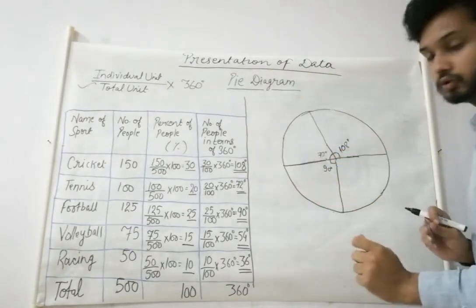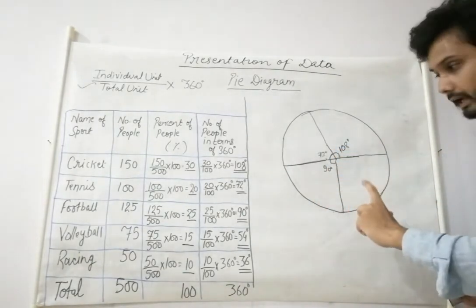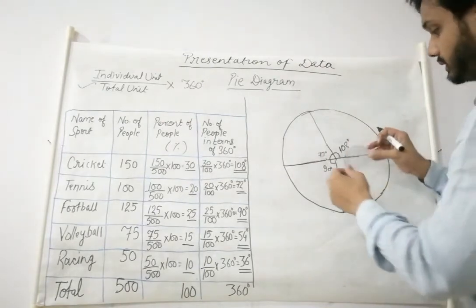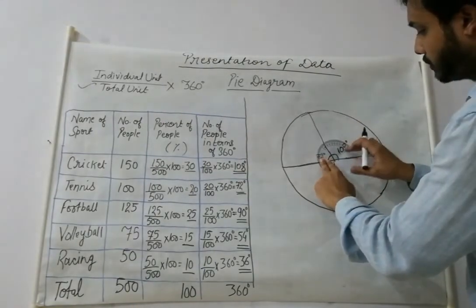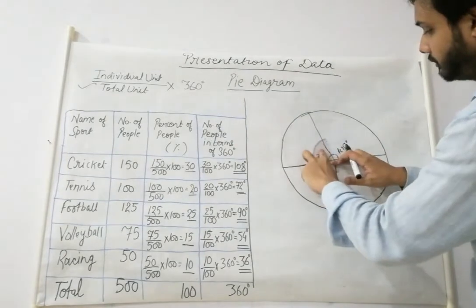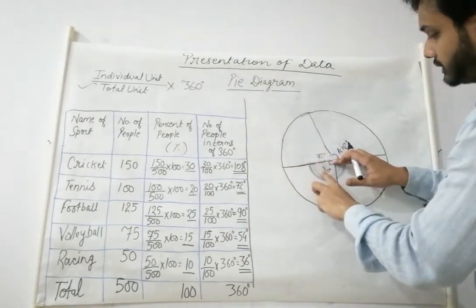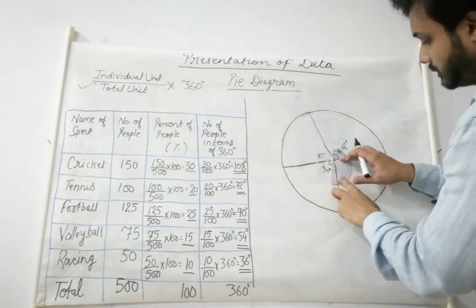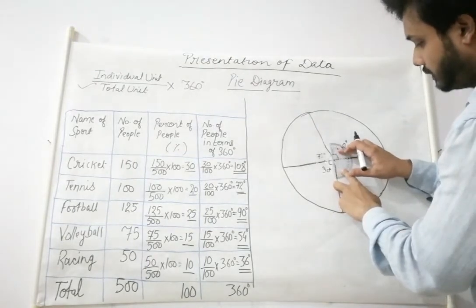Now which line will we use? This one, the newly made line. Okay, don't use the older ones. So just keep rotating your protractor in the same direction. We use this line, then we use this line. Now we will use this line. Okay, so keep your protractor like this.